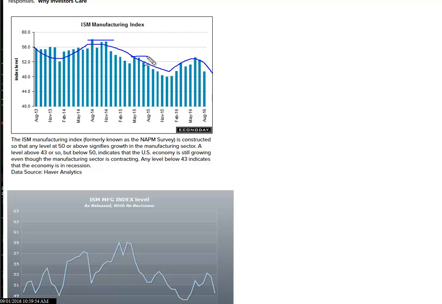Here's your highs, highs, highs, lower highs so far, and your lows, lows, lows, lower lows. So you can see that's dropping off. The trend is down, and that's been all the way back to 2013. This shows you as well here. You can see the trend.